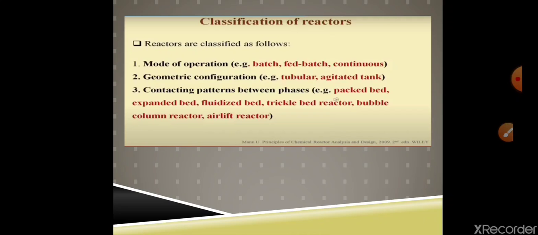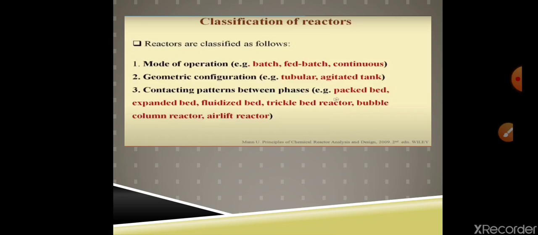Now batch process means we take the material at a time, let the reaction take place, and after the reaction is over we take it out. Fed batch means we put the raw material in a batch format. There is input but no output from the system. After the volume is reached, we stop the operation and take out the product from the reactor. And in a continuous system, we have continuous input and output from the reactor.